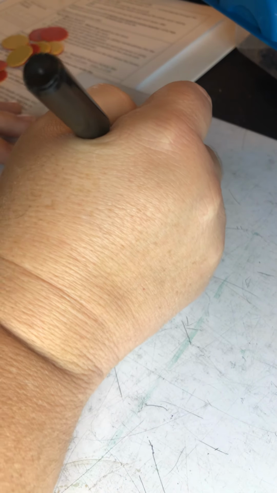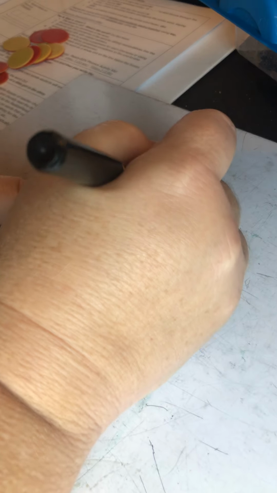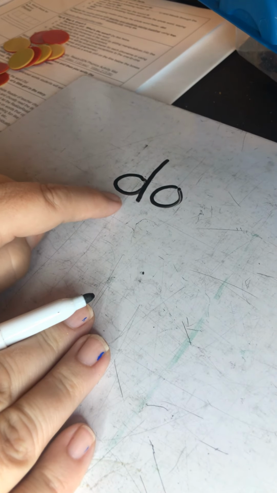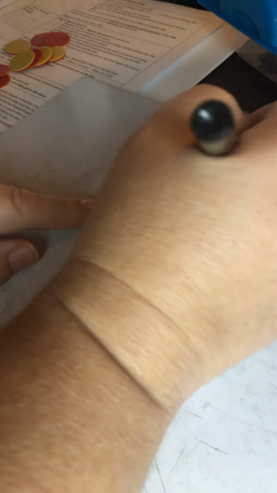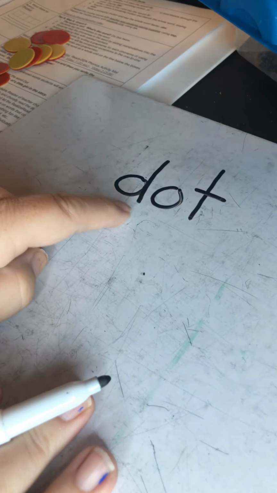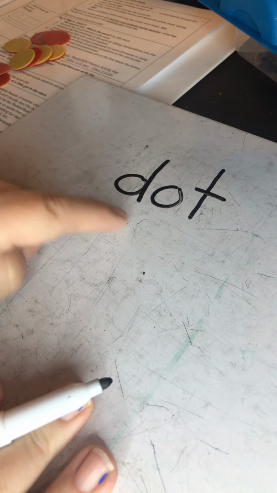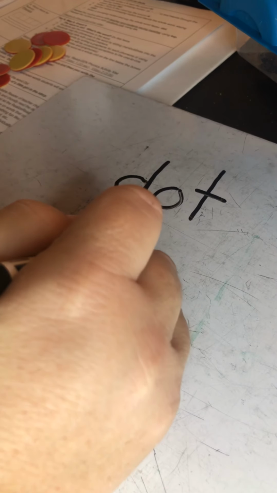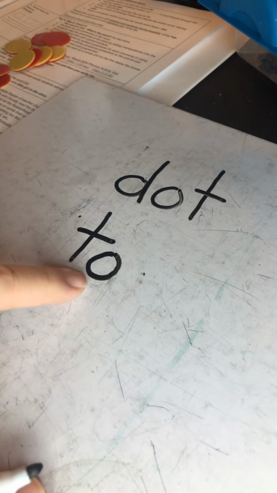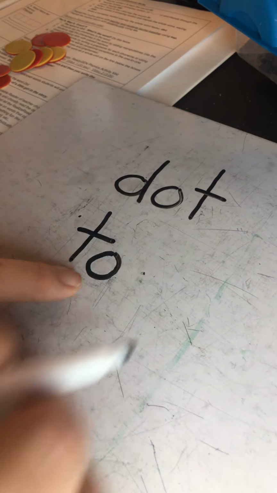We're going to start today by graphing a D and a short O. Da, D, ah, dot. And adding our T, dot, dot, dot. Perfect. What about this one? We'll graph a T and a short O, ta, ta, and